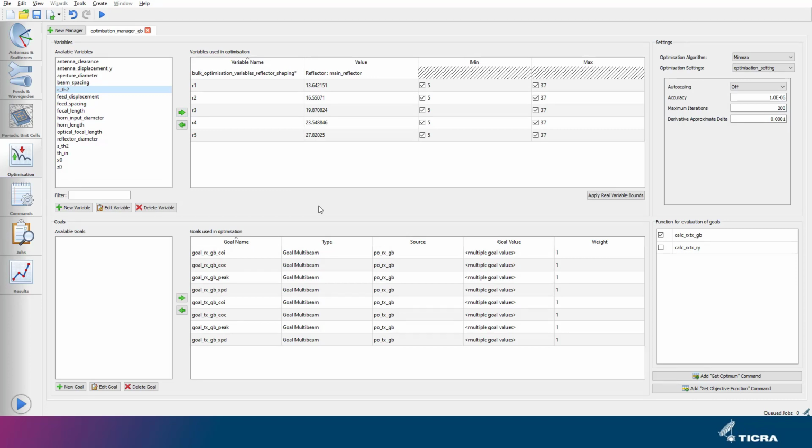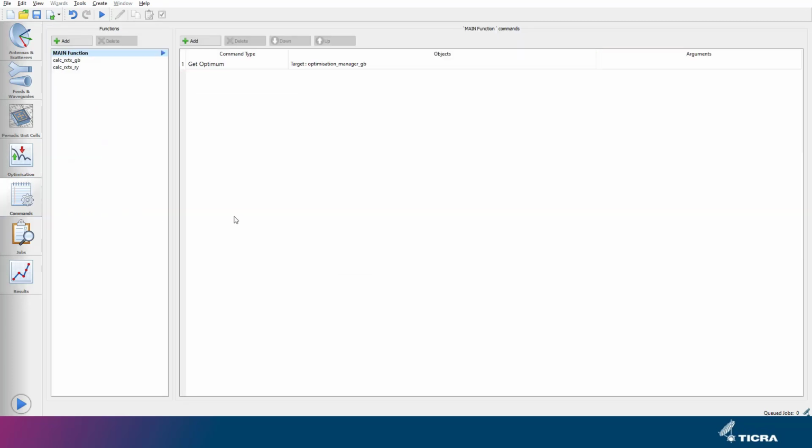So we'll again optimize the radii for the feed design, but now also shape the reflector surfaces for the same goals as explained earlier. This is all specified in the Optimization Manager. And we once again run the getOptimum command for the Optimization Manager.